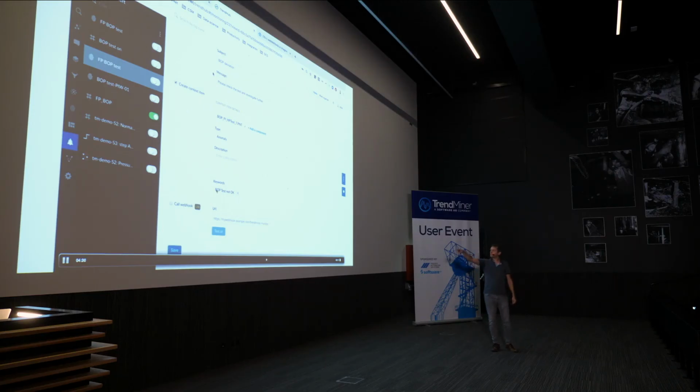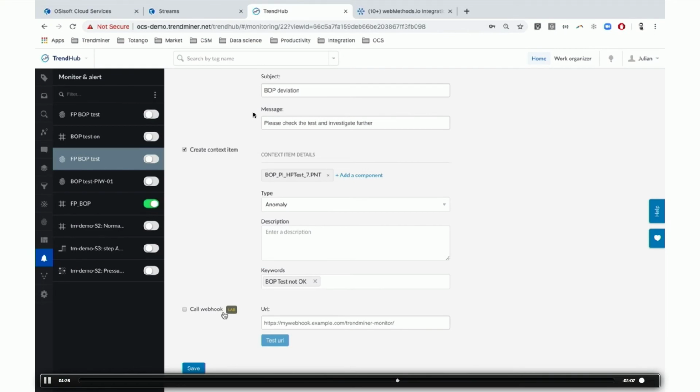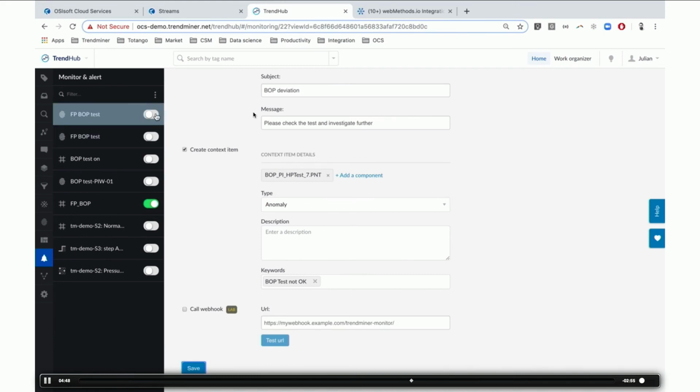Also notice that here we're still setting up the alert and the actions associated with the alert. Notice the webhook at the bottom, that's a new feature. It's basically allowing you to hook up other systems, so you can actually start integrating your way out from TrendMiner. And we're going to pick this up in the next part of the demo, where we're going to start including